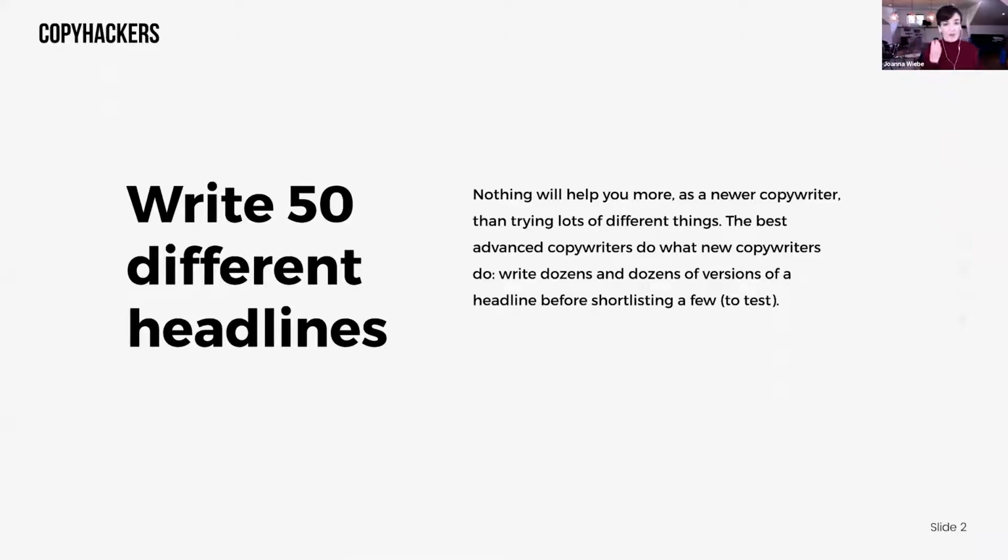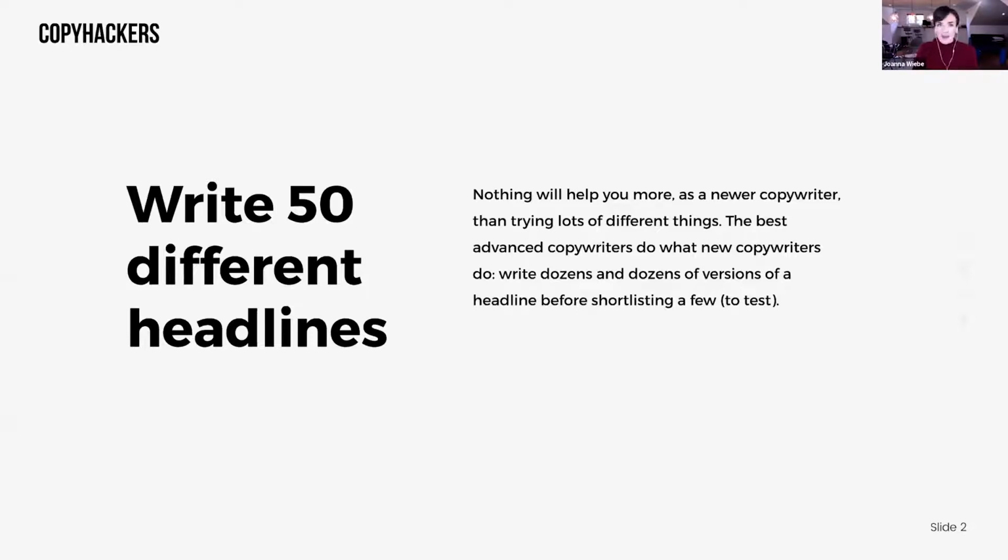You are flying through, brainstorming a whole bunch of different things. Sometimes that's inspired by voice of customer data. A lot of times that's inspired by voice of customer data. But sometimes the idea just starts out and you fly through a bunch of different options. Dozens and dozens and dozens. 50 is the minimum. 50 is not the max. You don't get a 40 to 50 range. We're talking at least 50 headlines. You will grow by doing this. You will get better and better by doing this. So 50 different headlines, that's what we're keeping in mind.